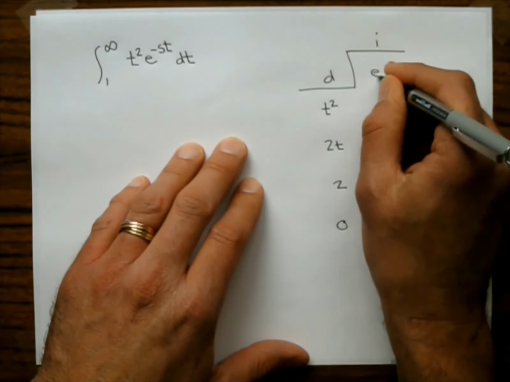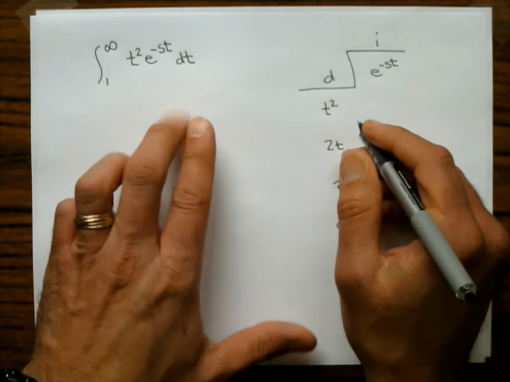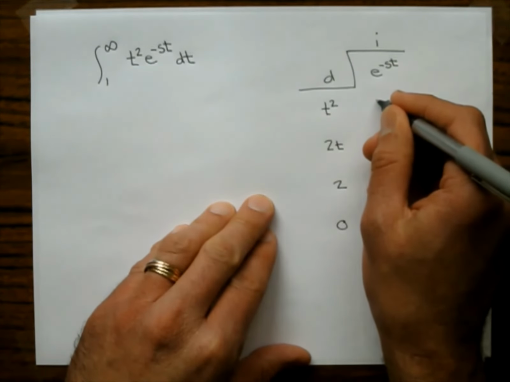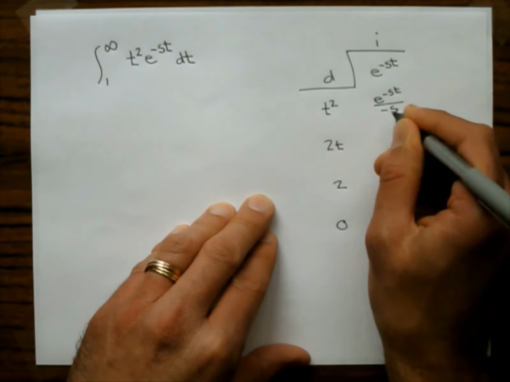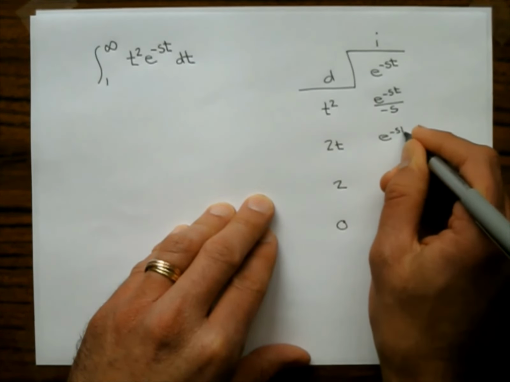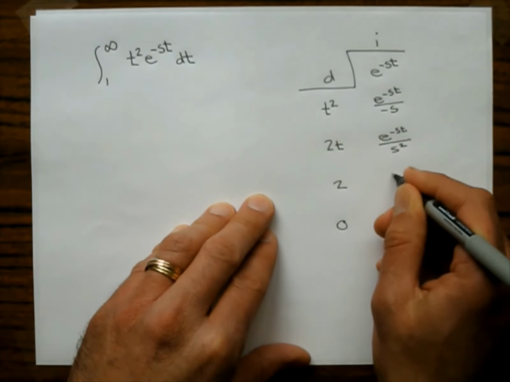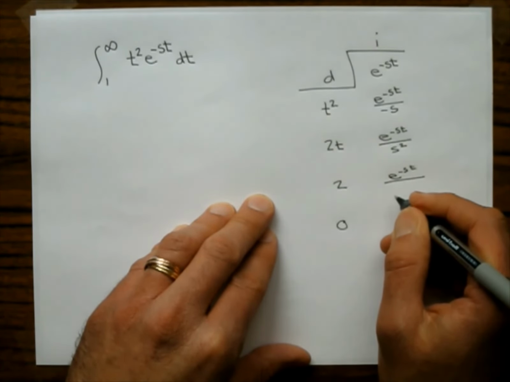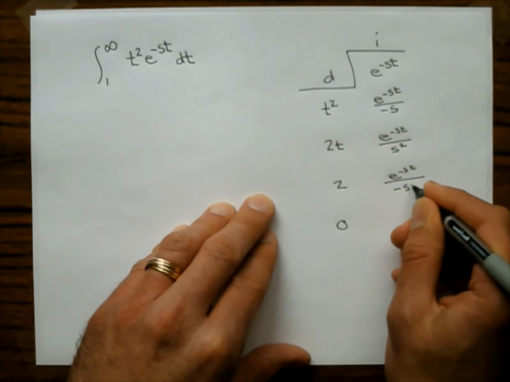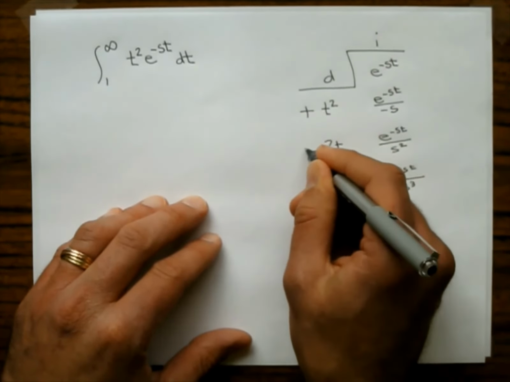I'm going to take the integral of e to the negative st. Its integral, this is all with respect to t, is e to the negative st over negative s, then e to the negative st over s squared, and then e to the negative st over negative s cubed. And then this one, who cares? I put my plus, minus,